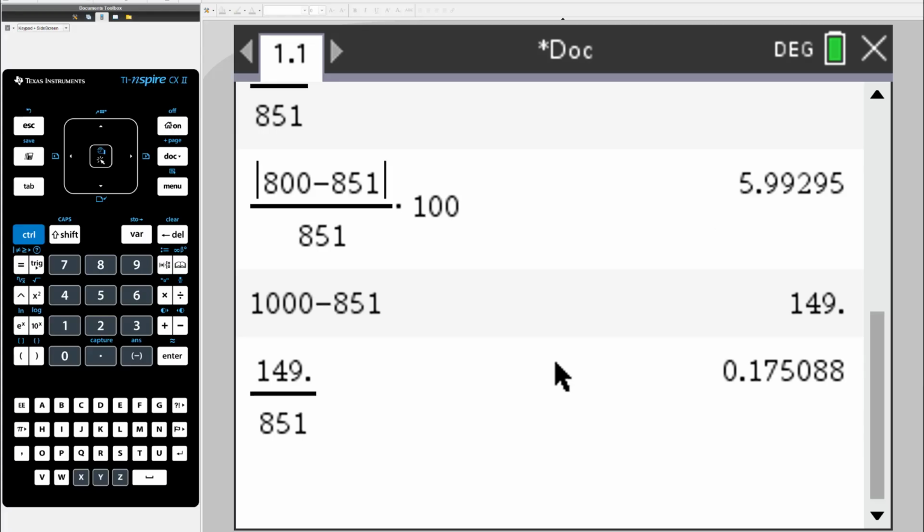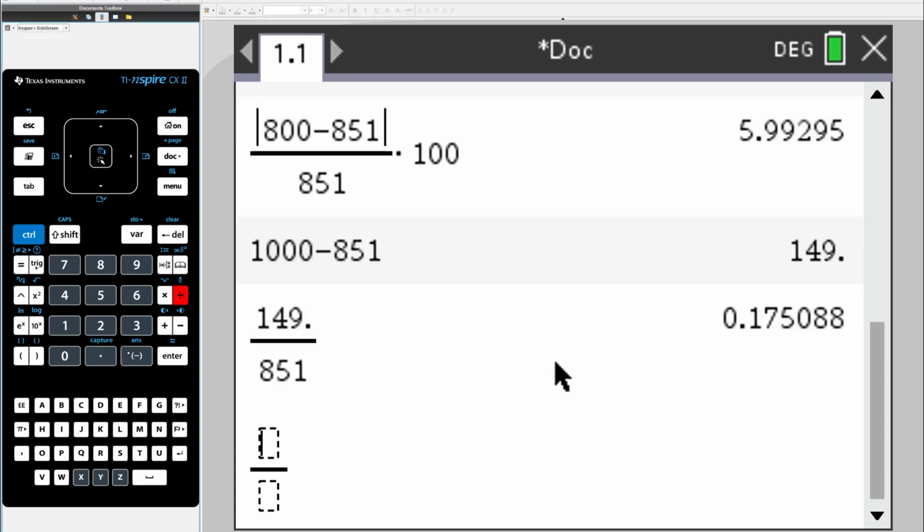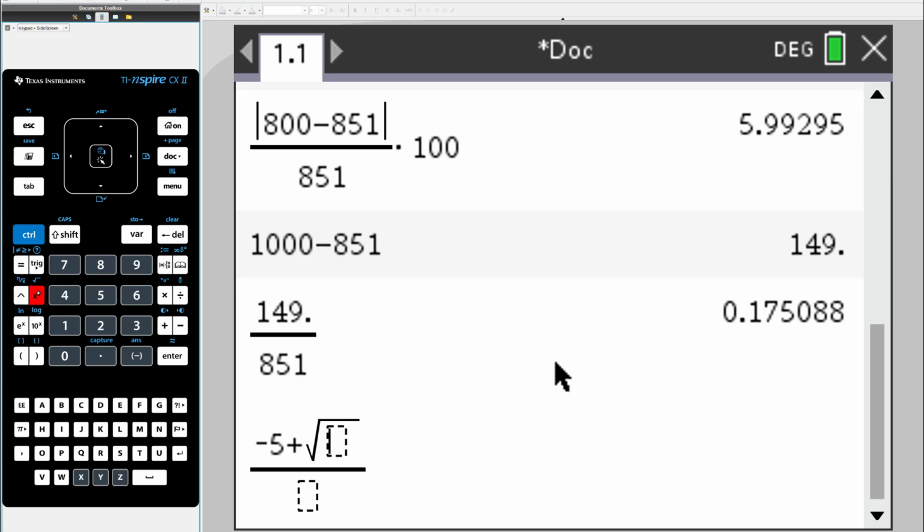Negative 5 plus square root of 121. First off, I want to make my fraction bar, so control divide. The negative sign is not minus. Minus is not going to actually give you a negative sign. You want to press the negative button that's over here to the left of the enter sign. That's going to negate a number rather than the operation subtraction. So we have negative 5 plus the square root, so control x squared of